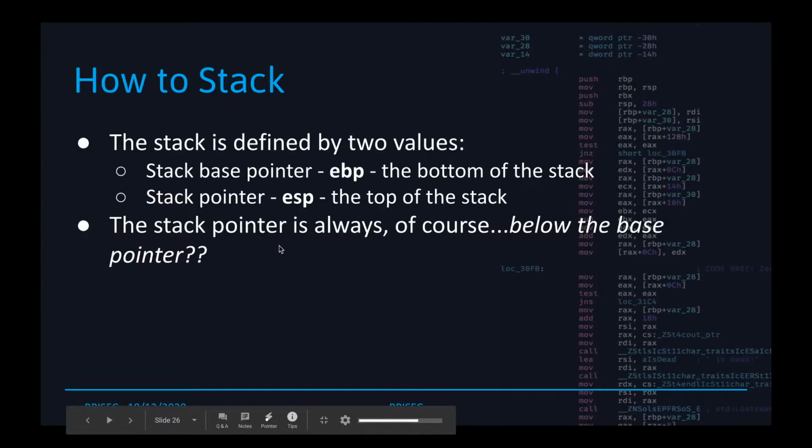One interesting tidbit here is that the stack pointer is below the base pointer. If you've ever used GDB and set a breakpoint, you may see that the base pointer and the stack pointer are not really what you would expect, because the base pointer is the bottom of the stack and the stack pointer is the top of the stack,